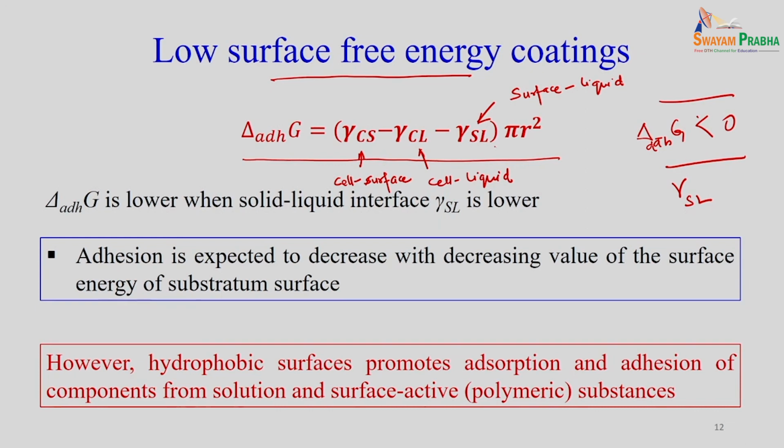But at the same time, if you are decreasing the surface energy, it is expected to decrease the Gibbs free energy of the adhesion. So, in this way, by tuning the surface energy of the solid surfaces or the implant surfaces, we can tune the spreading or adhesion. Typically these low surface energy surfaces are the hydrophobic surfaces, but again, in principle it works,